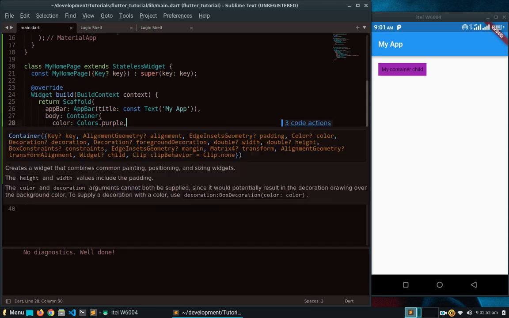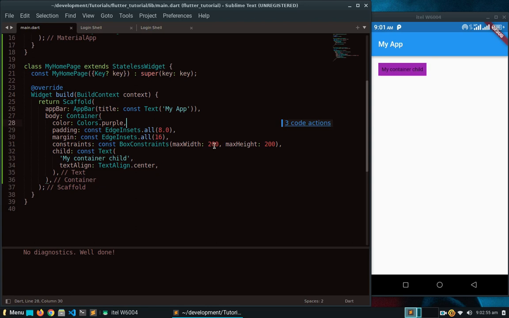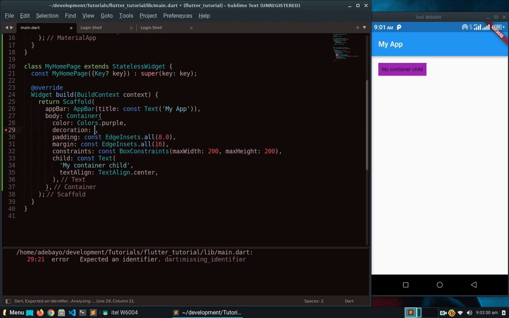Anyway, there's also some more properties. For example, you could set decoration, right? So I could do decoration here, and then I'm going to have box decoration. Now, if I set a decoration for my container, I have to remove the color property, because if I don't remove the color property, I'm going to get an error. And the reason is because the decoration itself has a color property, and whatever decoration you apply is going to overlay the container. Alright, so if I want to set the color now, I have to move the color to here and